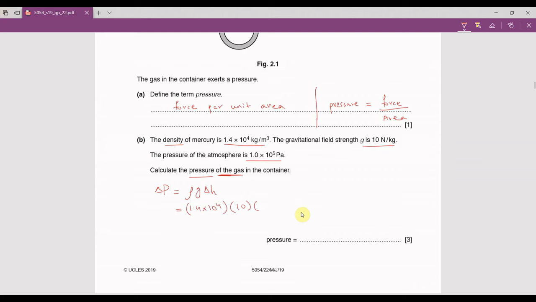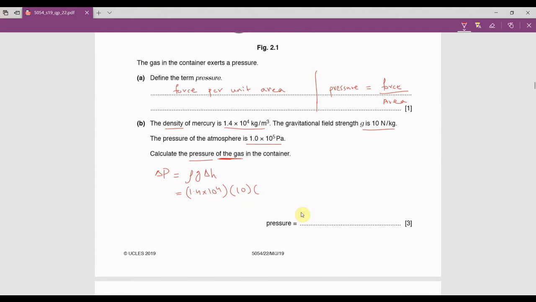But remember, the height difference is given in centimeters, and I want to calculate the pressure in SI units, and all other quantities are in SI units. The density of mercury is also in kg per meter cube, so I need to convert to meters. So 16 centimeters, if you divide it by 100, you get 0.16 meters. So that's what I'm going to use, 0.16. So converting my units, I'm going to calculate the pressure difference. So 1.4 10 to the power 4 multiplied by 10 multiplied by 0.16. That will give me the pressure difference,